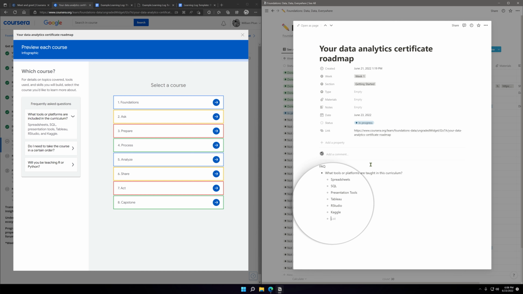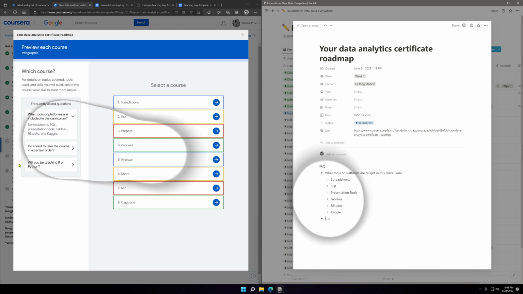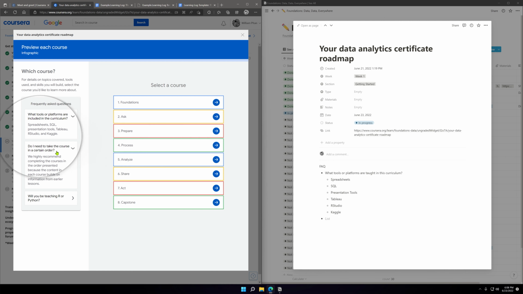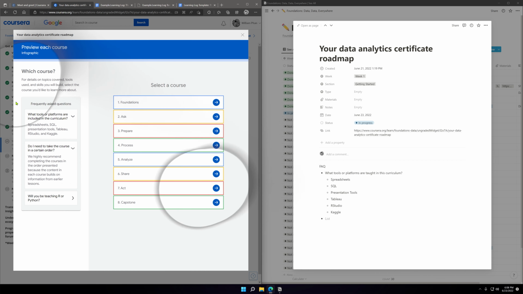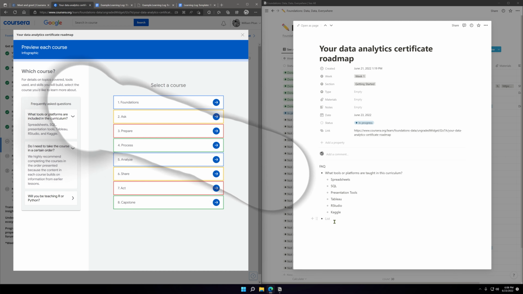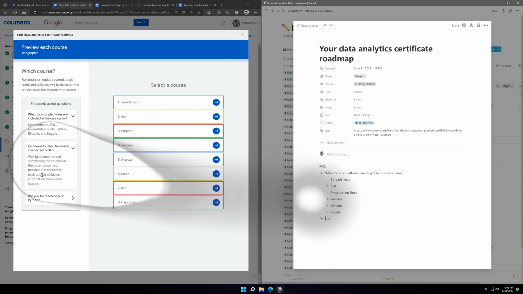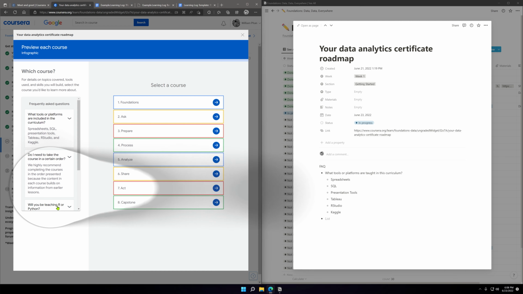I need to take this course in a certain order. Yeah, as a previous page mentioned, it's recommended to do it in order because it builds on top of each other, so you don't really need to write that down.